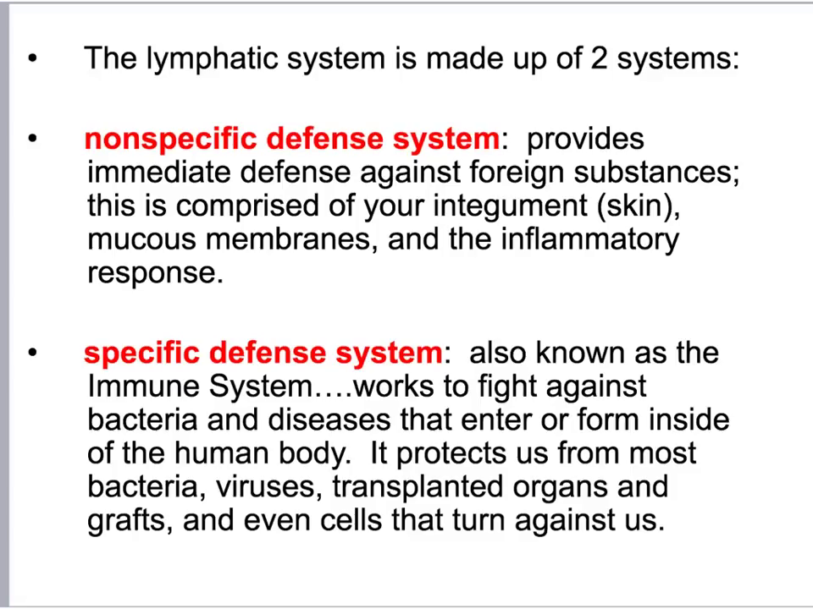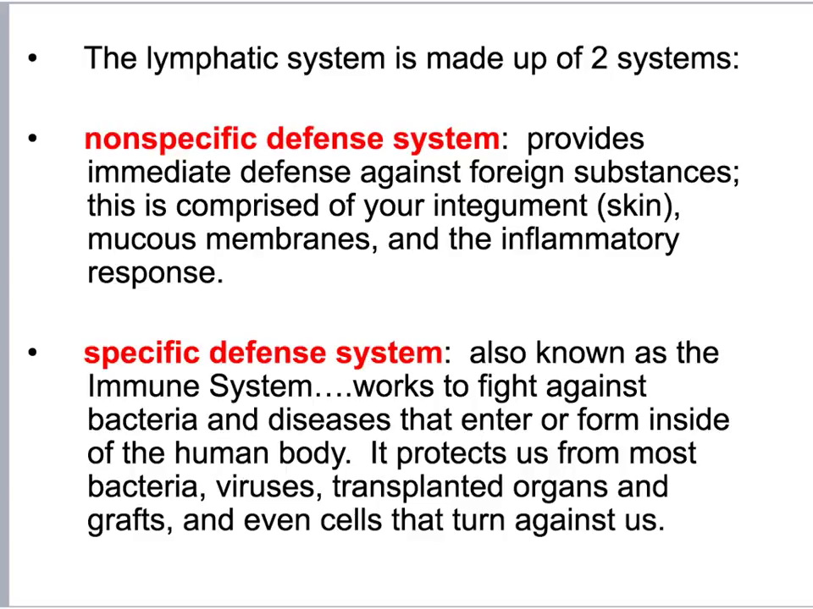There are two parts of the lymphatic system. The first one is the non-specific or innate defense system. It provides immediate defense against foreign substances. This is comprised of your skin, your integumentary system, the mucous membranes, and the inflammatory response. It doesn't specifically attack against any one foreign substance. It doesn't differentiate. The second part of the lymphatic system is the specific defense system, or what we call the